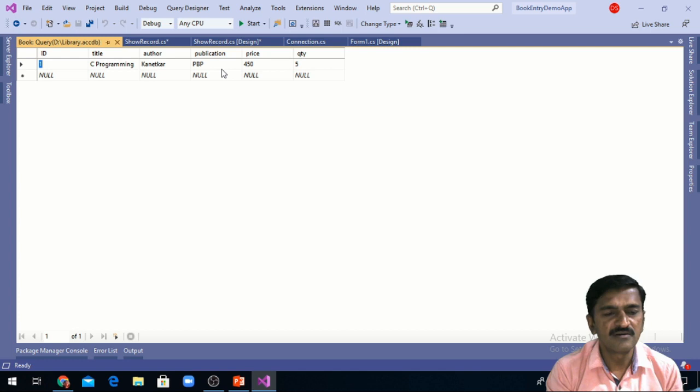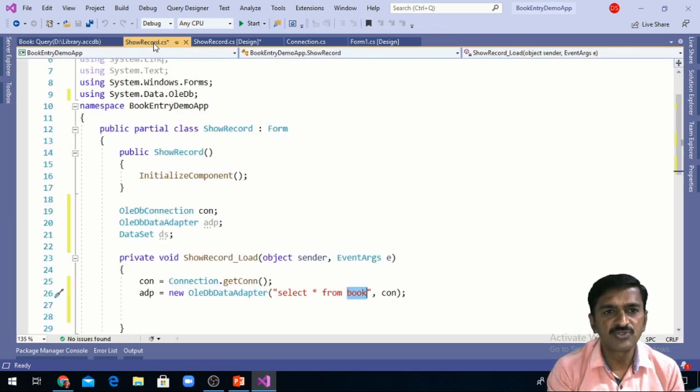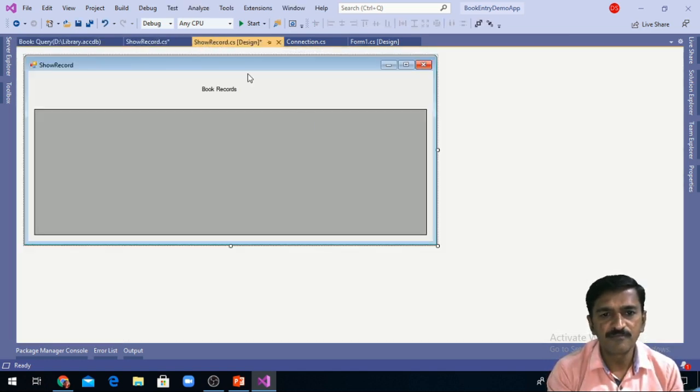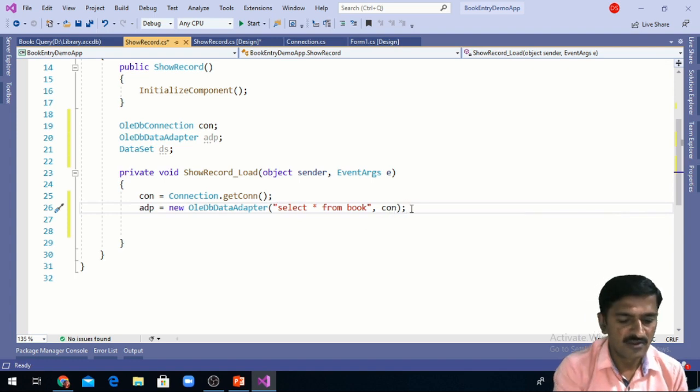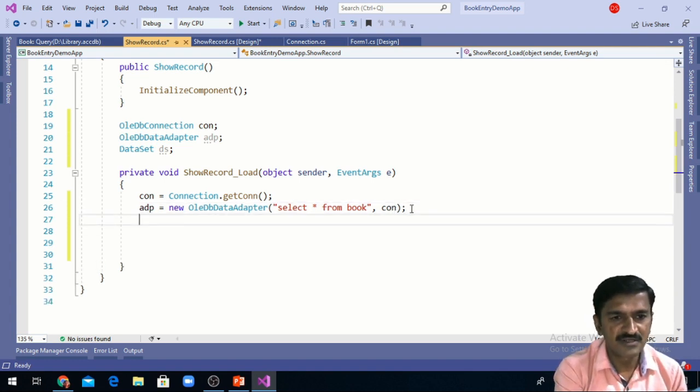This is the record that is previously there in the database. I want to display this record on my ShowRecord form. So I write the query like this, select star from book, and this query will be executed on this connection.